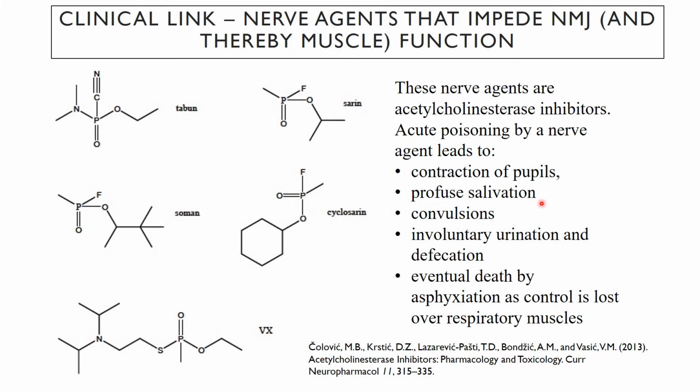Profuse salivation. You have muscles that control saliva release in your mouth. If you have an acetylcholinesterase inhibitor in there, too much acetylcholine getting to those muscles, leading to excess salivation. Obviously, it then acts on the muscles throughout the body, leading to convulsions and seizures. There are muscles that can help control urination and defecation, and you'll get involuntary urination and defecation. And eventually, death occurs via asphyxiation because you lose control over your respiratory muscles, which also use acetylcholine as their